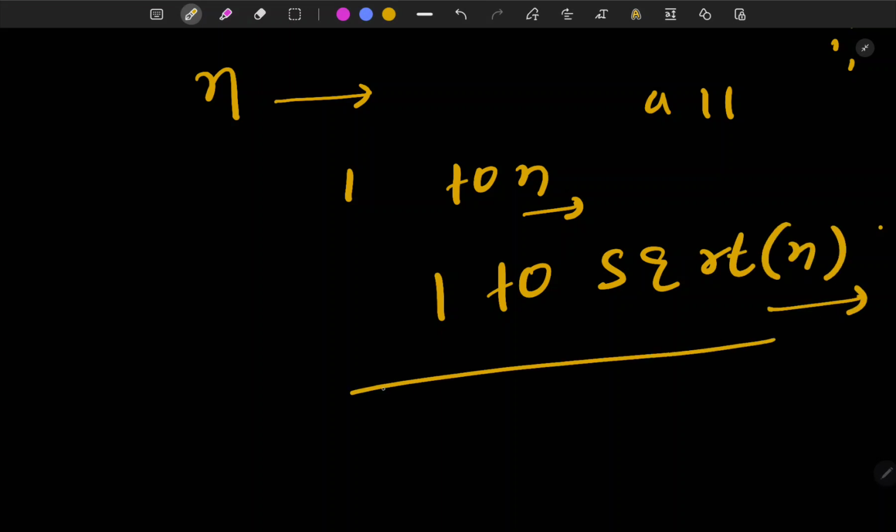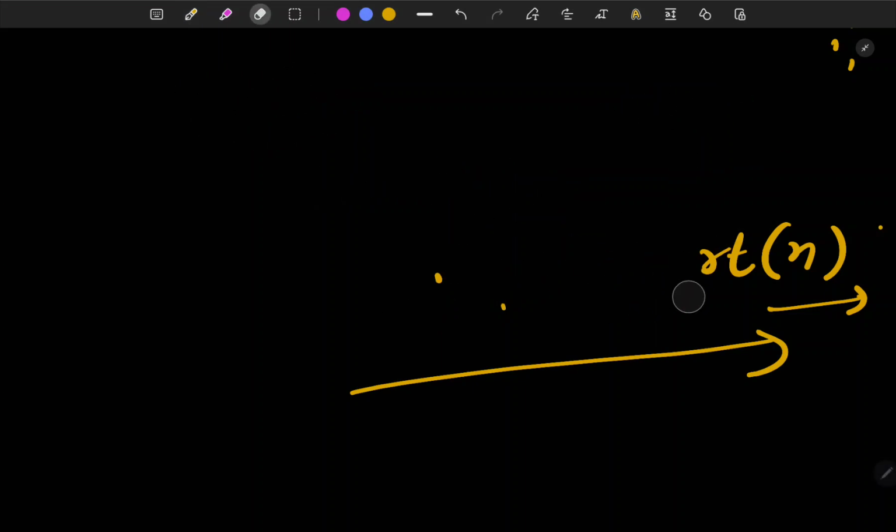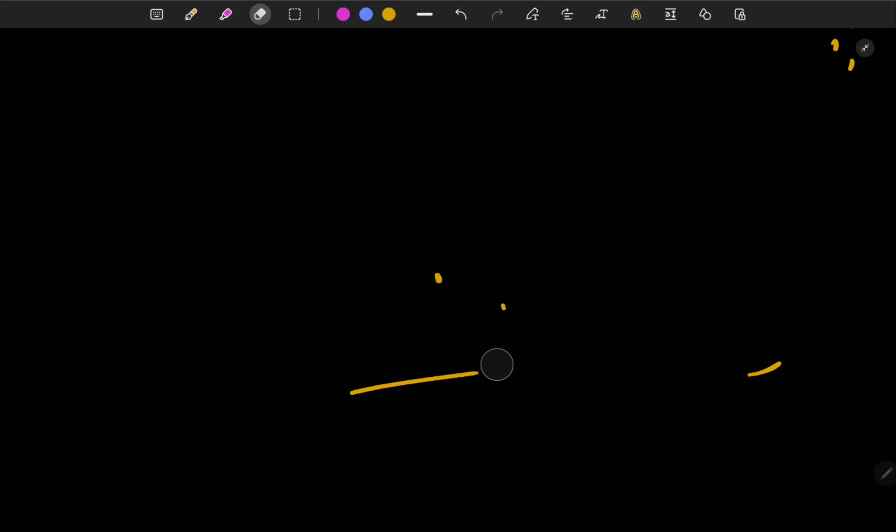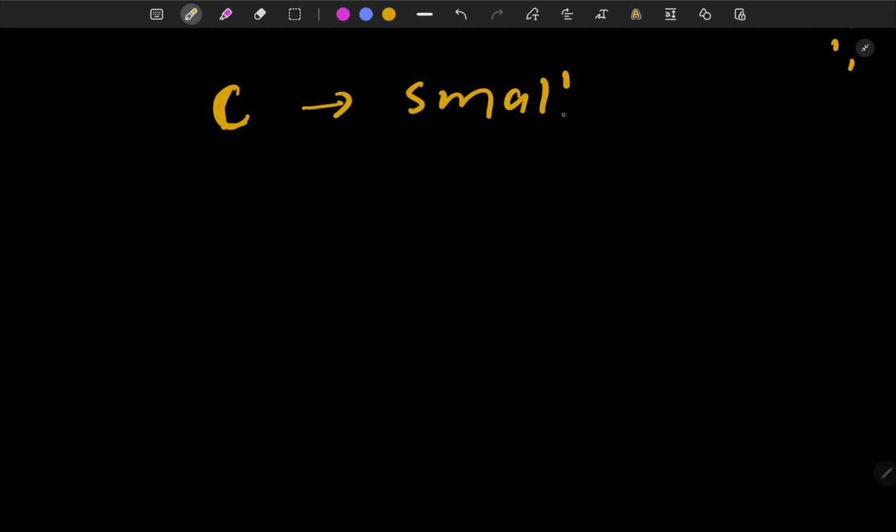Basically in this range you will get all the divisors of n. So this was the catch, and if we ask about the statement of the problem, in this problem what you have to do is find a string C of smallest length. The length must be as small as possible,